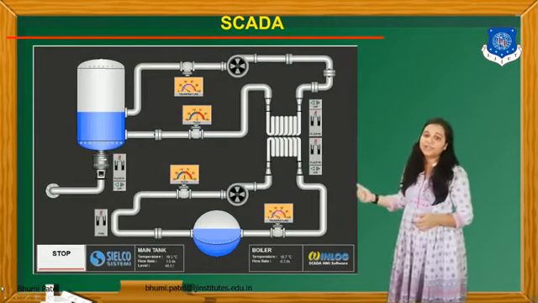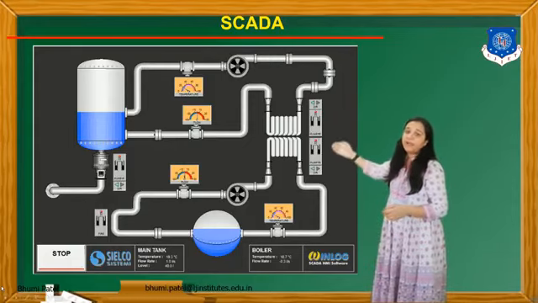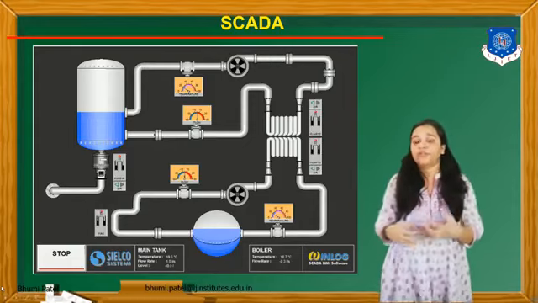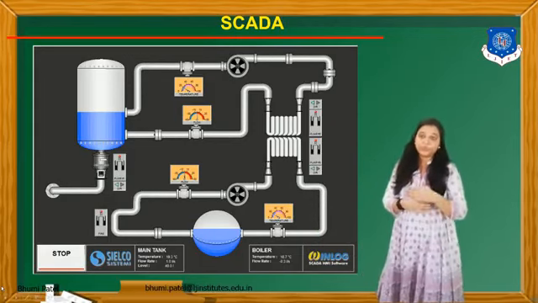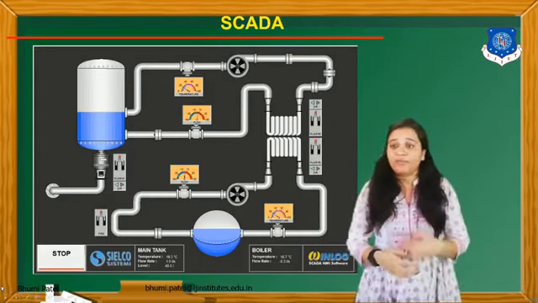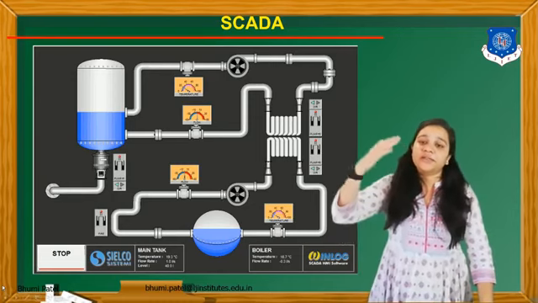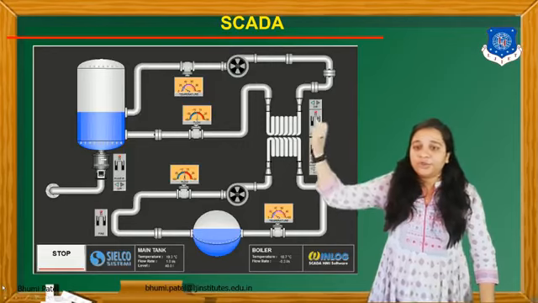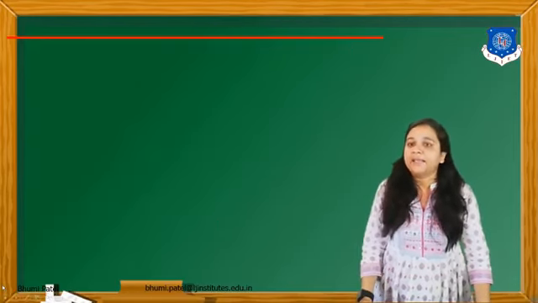Using this screen, input is applied for this particular tank, and then different types of level controller meters are connected, so we can continuously check the level of this system. We can increase or decrease the level using this switch button. So this is all about SCADA and the HMI.